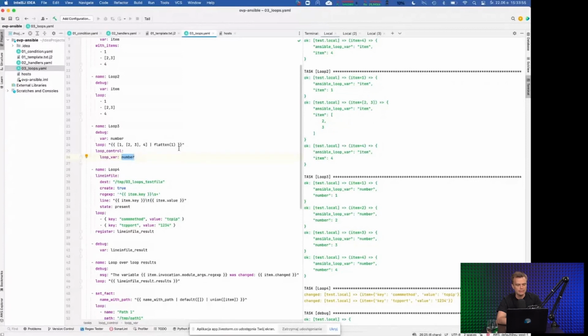So my test file is actually going to contain 2 lines with a key-value approach. This is quite common in the Linux world, to have some properties file being defined. Now I'm using the lineinfile module, which expects obviously the destination file. This is on the remote host. I would like to create it if it doesn't exist, and then I would like to find